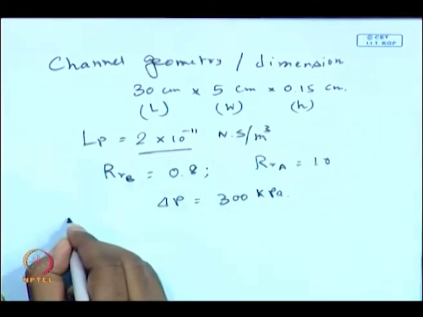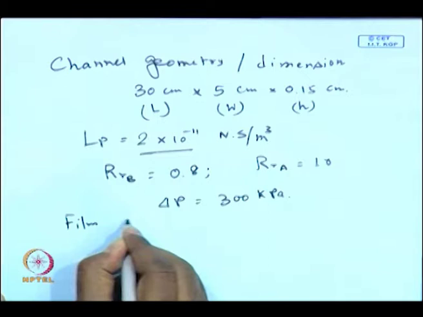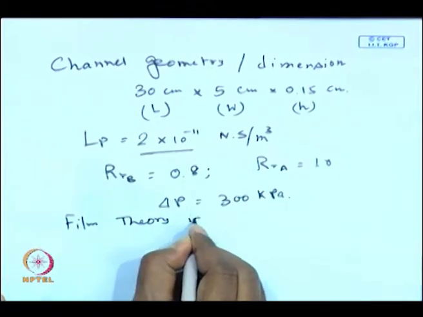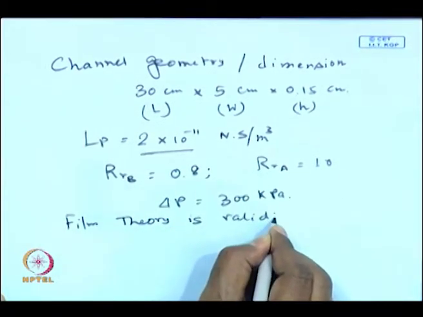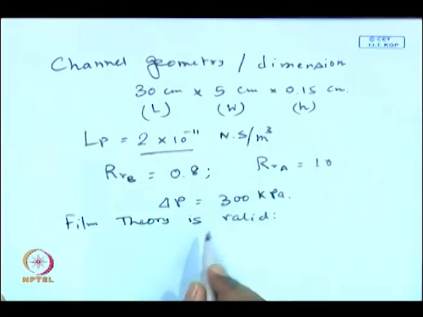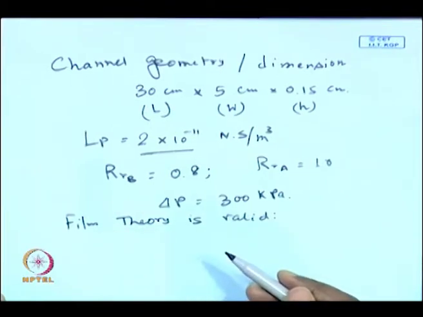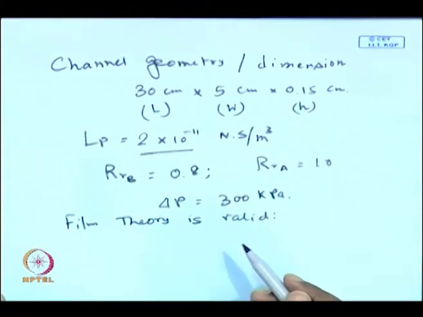We use film theory as valid. Although we have seen several shortcomings of film theory, we will be using film theory during our calculation because it is easier to demonstrate how to calculate the problem. Okay. And just now we have seen one example in which we used the two dimensional model and the shortcut method.